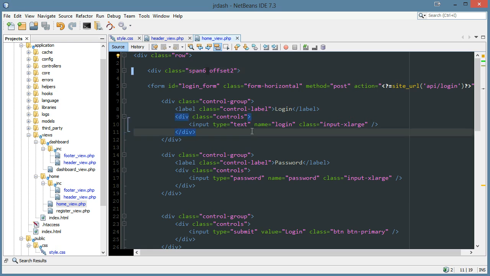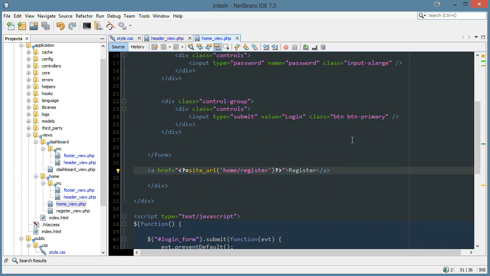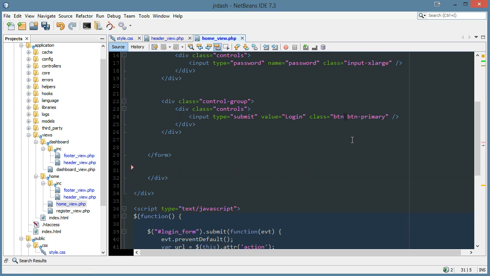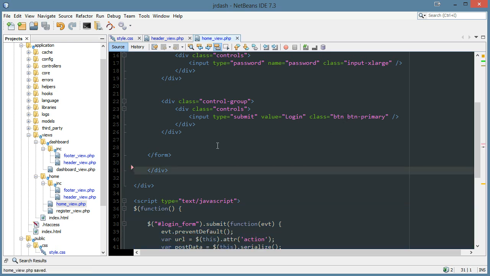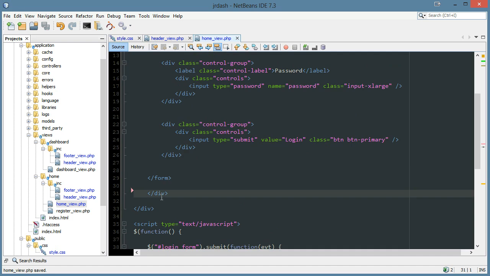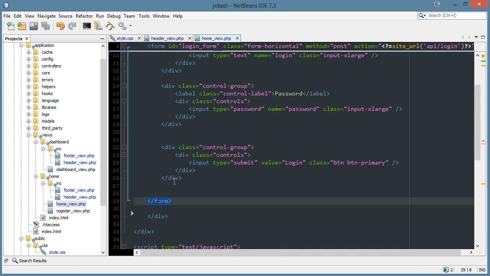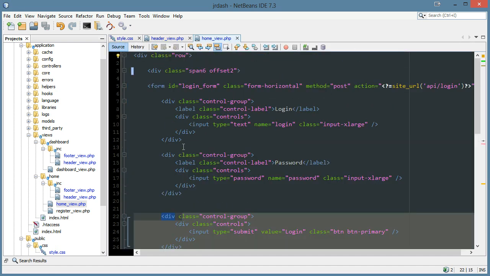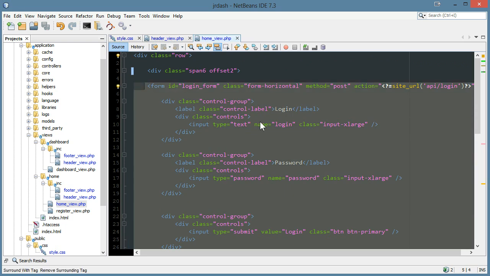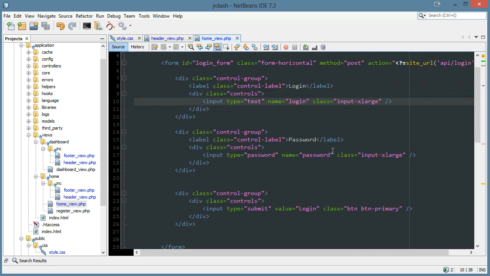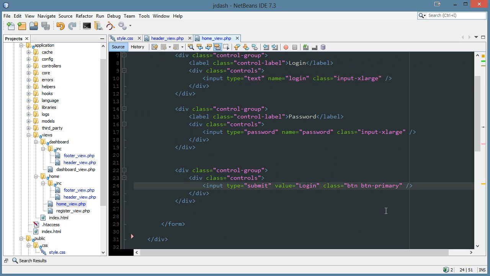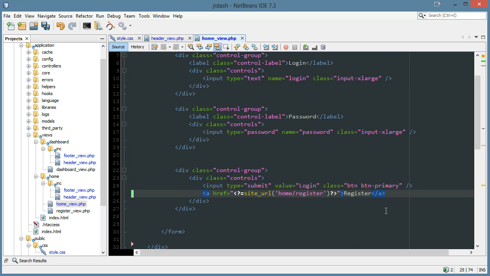So next, let's go look at that little register button here. I'm just going to cut this guy out. And one thing that kind of bothers me is that this div and this form is on the same line when the form is actually a child of the div, so I'm just going to tab it over. Okay. And with that cut item, I'm going to paste right here the register link, and I'm going to say